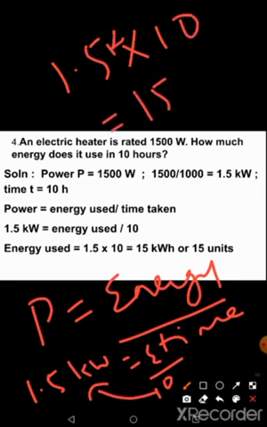This is kilowatt and this 10 is in terms of hours, right? So this becomes 15 kilowatt hour, which is equal to 15 units. 1 kilowatt hour is equal to 1 unit. So 15 kilowatt hour will be equal to 15 units. Clear? Now,